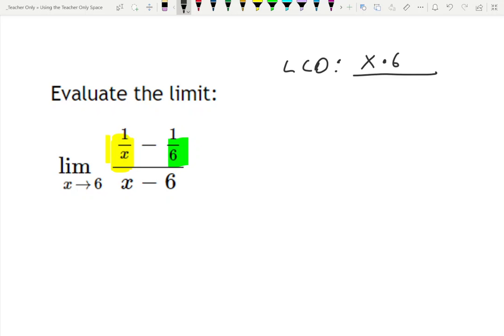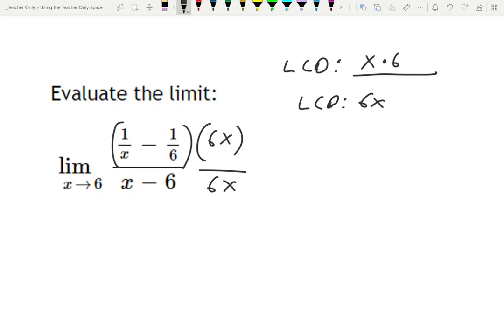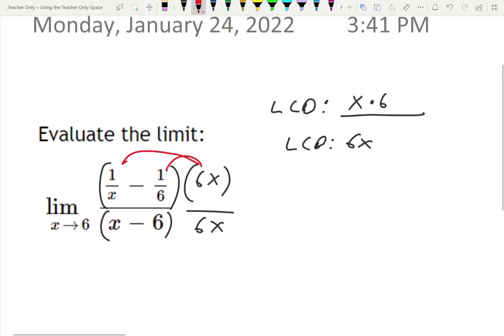Now you could also think of it as 2 times 3. Okay. And then there are no fractions, no complex fractions in the denominator, so there's nothing left to add in our list. So our LCD, you could then simplify to write as 6x. So now what we're going to do is clear our fractions in our numerator and our denominator by multiplying by 6x. And we're going to go ahead and distribute this through,